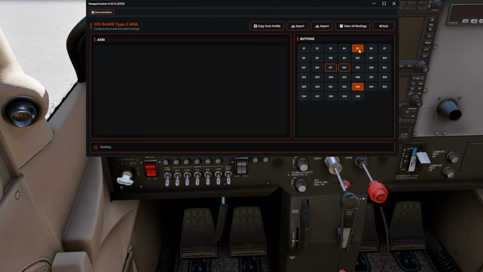So anyway, if you have a push encoder, the long story short that I was trying to express is this is specific to the Rotor Air. This has nothing to do with the software, just to be clear. So if you have any kind of encoder, it won't do this. But what you're looking for is the button that when you press it and hold it, this is the button